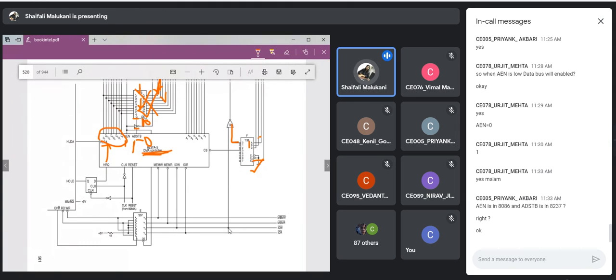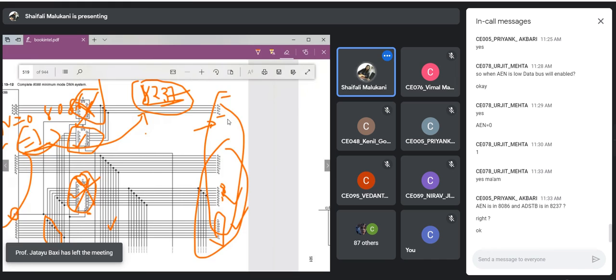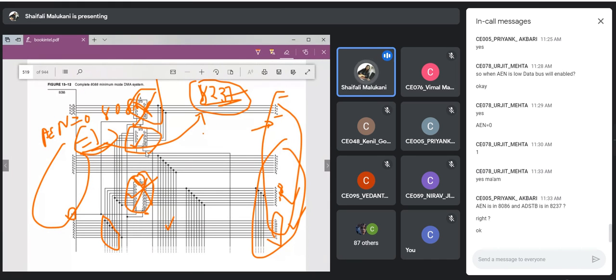At the same time, if you want to write something, then whichever control signal is suitable to you, any combination of those write signals, goes into a NOR gate. Whenever the input is even 0, the output will be 1. Suppose this is 0, because I have selected this, and this output is going to be 1, and that 1 is going to make this enable high. This is going to make this latch high.